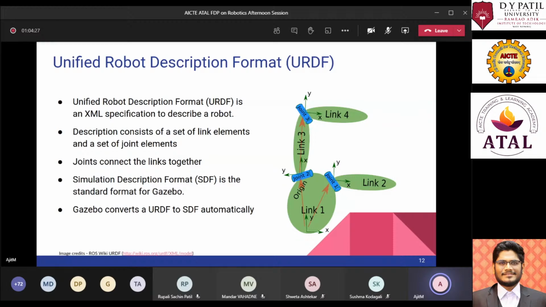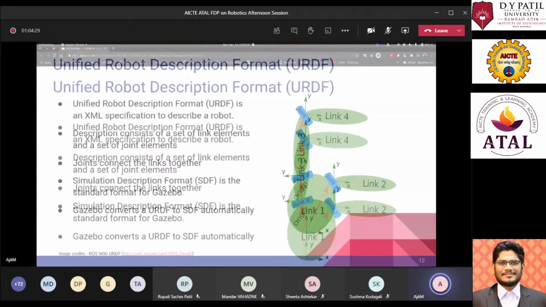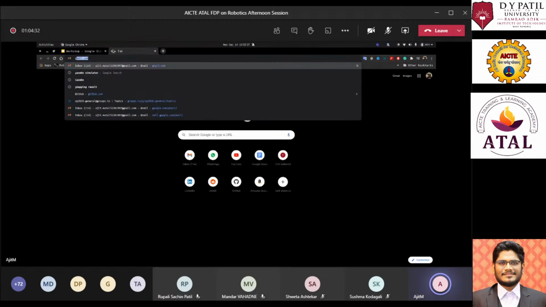Gazebo has provided us with a lot of joint types, and I can show you that over here.